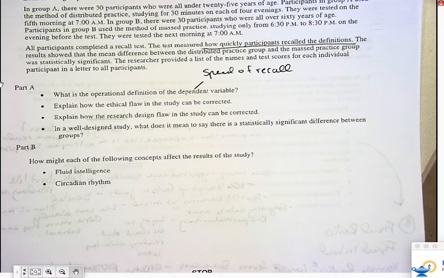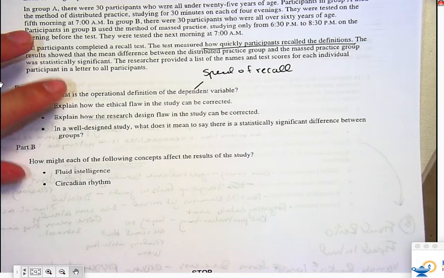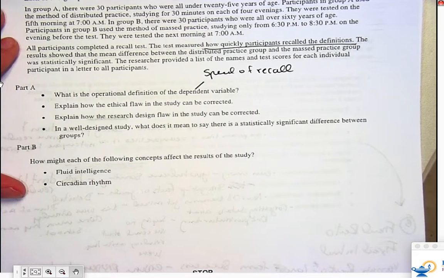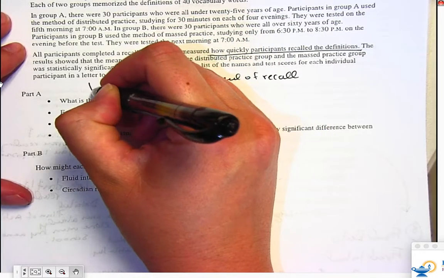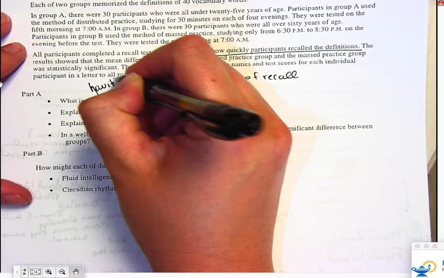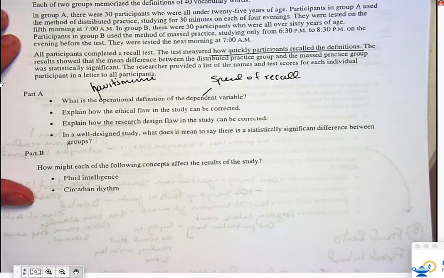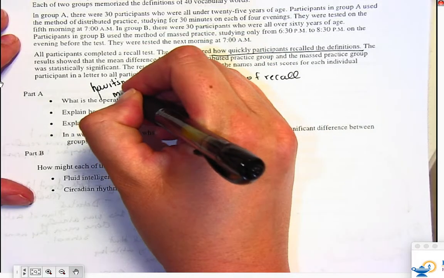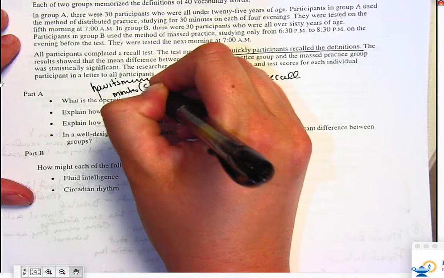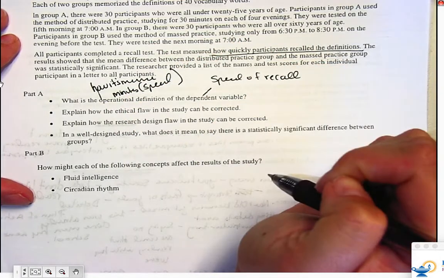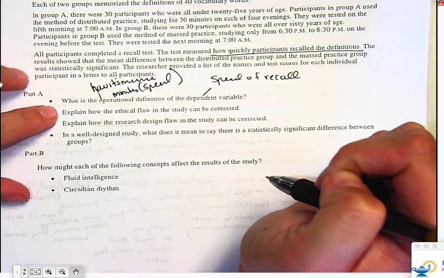What are you talking about? Distributed practice, right? The operational definition. What is the operational definition? How it's measured. Okay, so how it's measured. So what would it be in this case? Minutes. Speed. Okay. So,